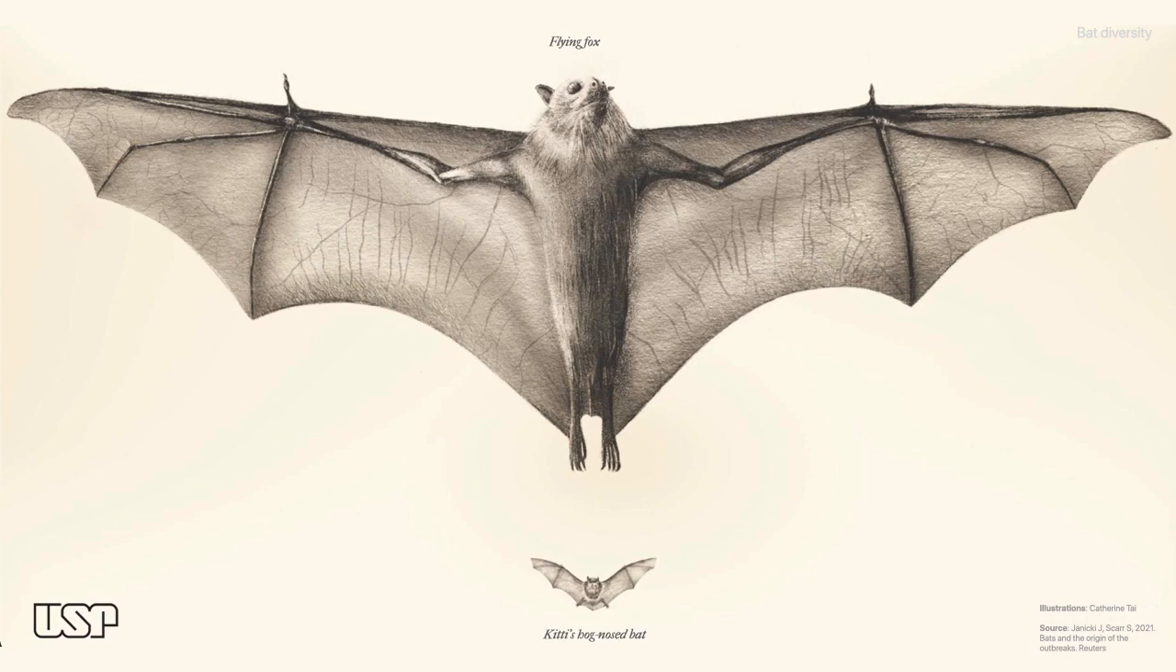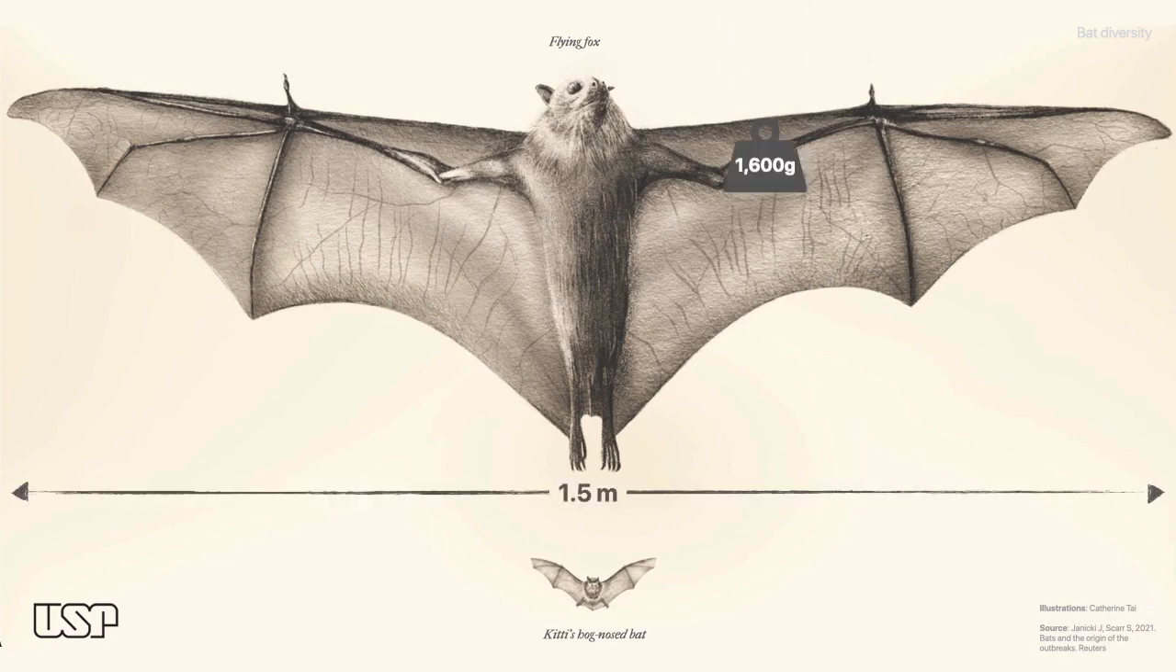Bats have different sizes and shapes. The biggest bat is the flying fox, weighing 1,600 grams, with a wingspan of 1.5 meters, and the smallest is the Kitti's hog-nosed bat, weighing only 2 grams, with a wingspan of 0.3 meter. Bats also have different feeding habits, from frugivorous, insectivorous, nectarivorous, carnivorous, and even hematophagous. But most importantly, bats are the only mammals that take flight, which is a key feature in their role as